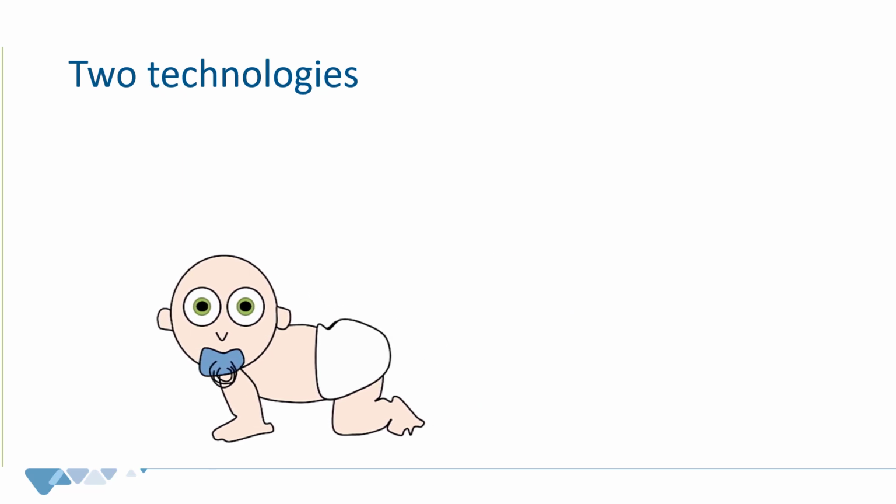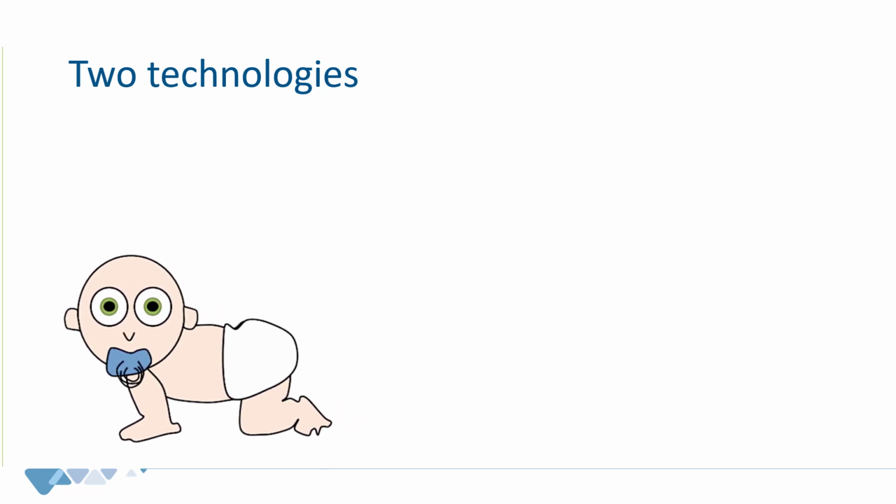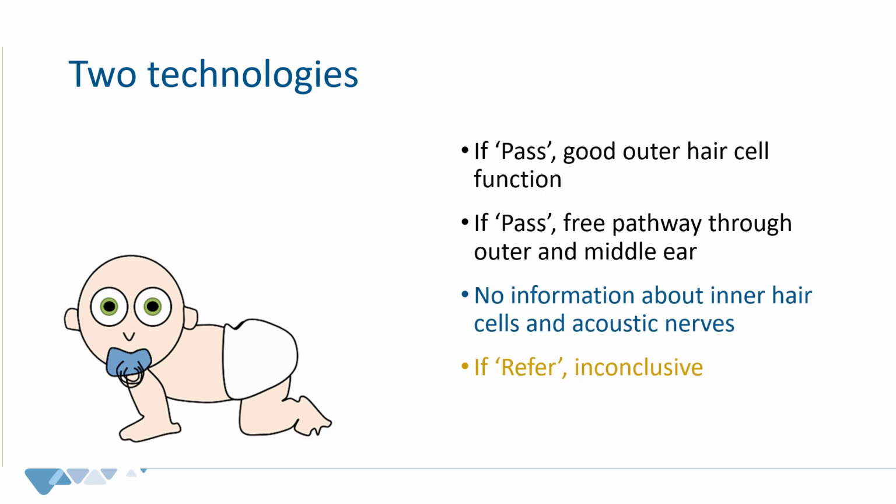Now, if you apply all this knowledge to screening, we can simplify even further, because in the end, an OAE is an OAE. It doesn't matter if you measure it with one or the other one. If you prove there are otoacoustic emissions, you prove there is outer hair cell function. And you prove actually a little bit more. You also prove that the pathway towards the cochlea must be more or less normal or free, because